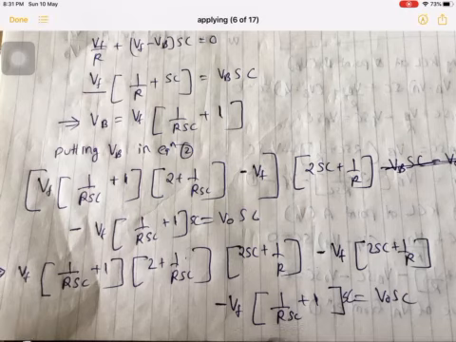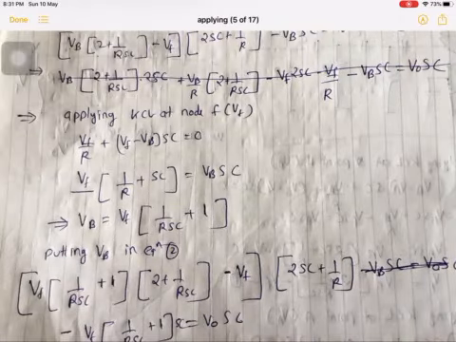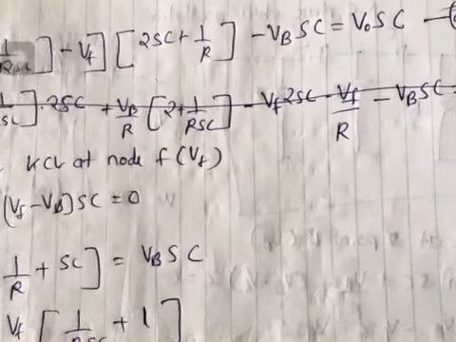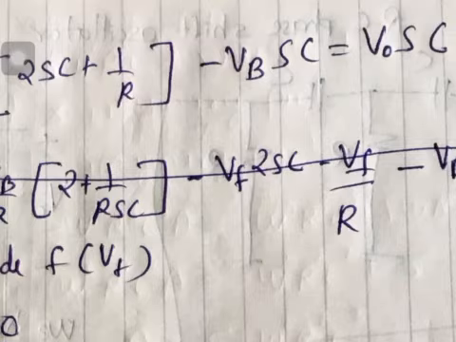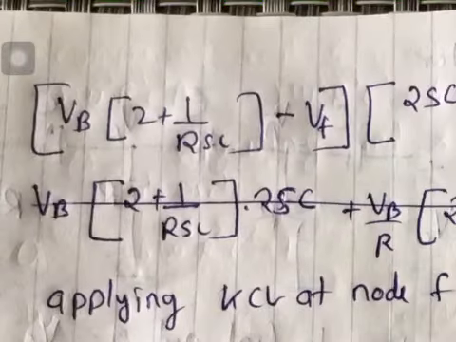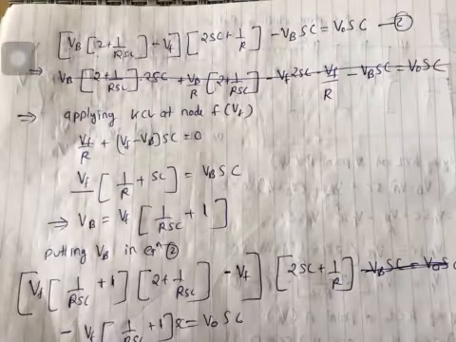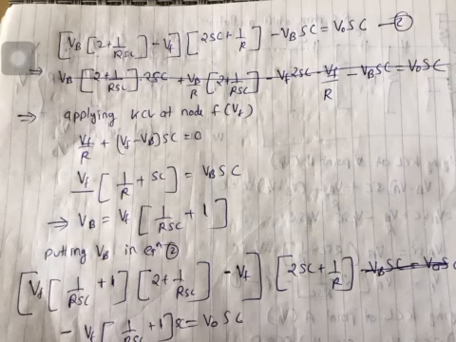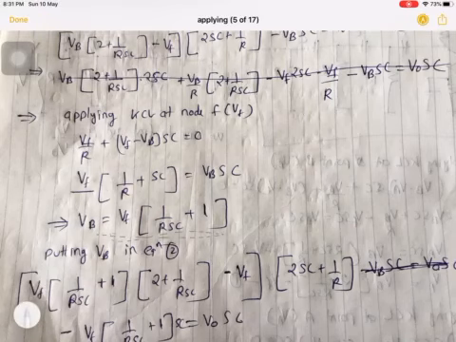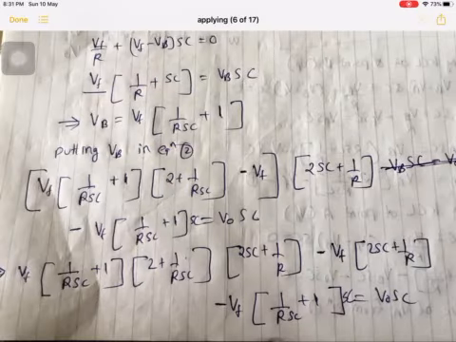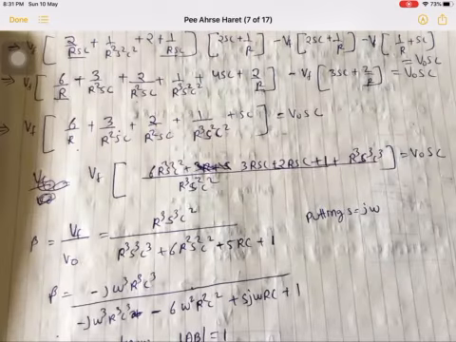What I did, let me show you once again. There are two VBs, one is this VB and the other one is this VB. These two values of VB need to be replaced with this value. So I have put the value of this here and the value of this VB here. In the next page we can see this equation is now changed. Now I will forward it further.